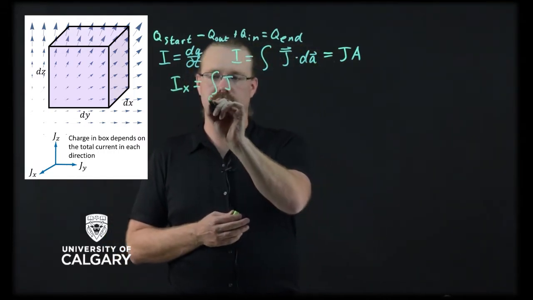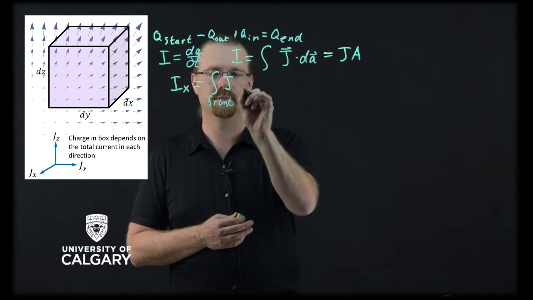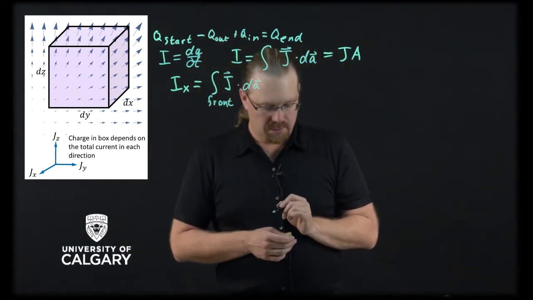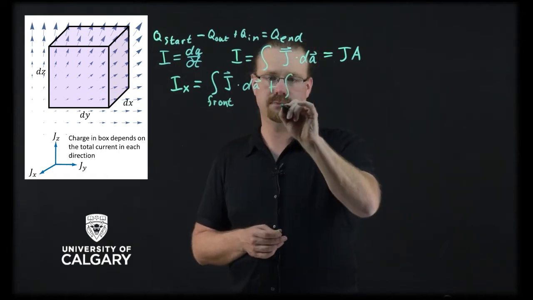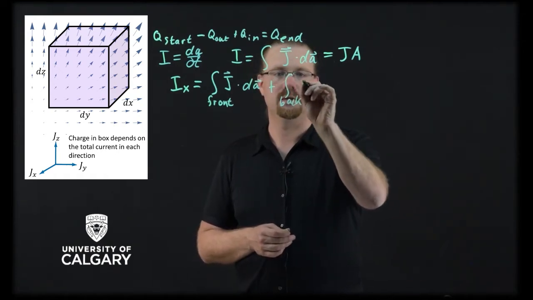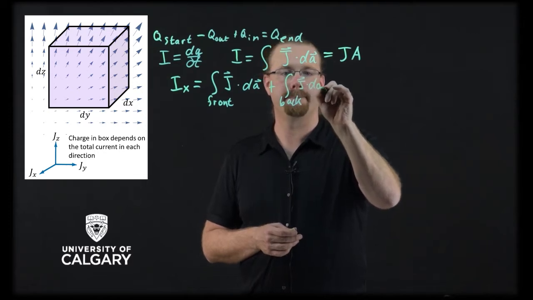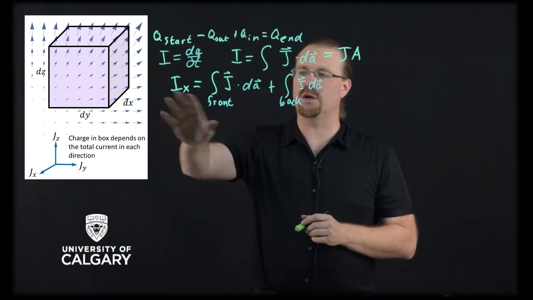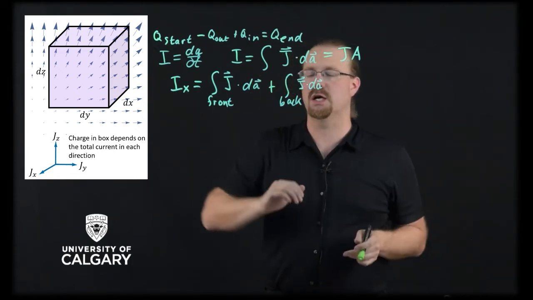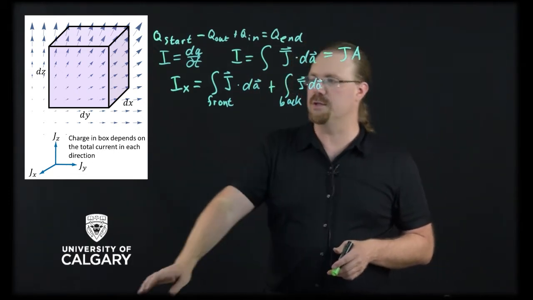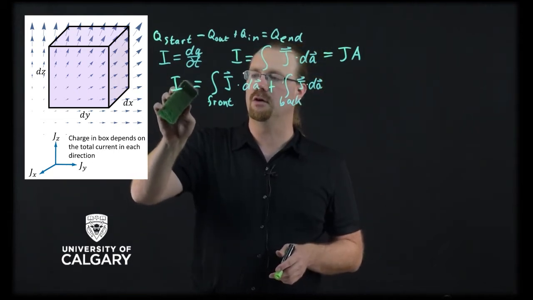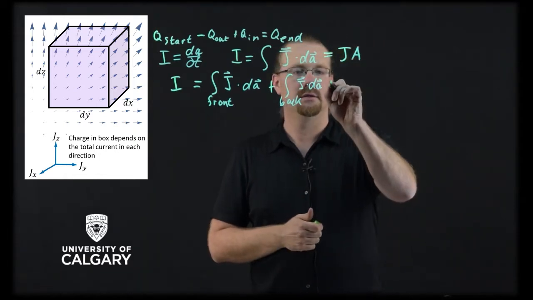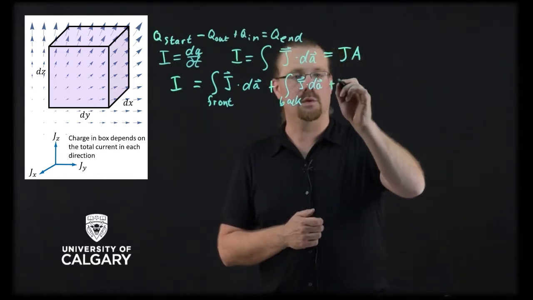So I, in the x direction, is going to be J evaluated on that front surface dot dA plus the same thing evaluated on the back. But there aren't just two. So if we only wanted the Ix, we could just take those two sides. But if we wanted our full current, instead of just Ix, we could have all of I, and that would become the front plus the back plus what we'll go ahead and call